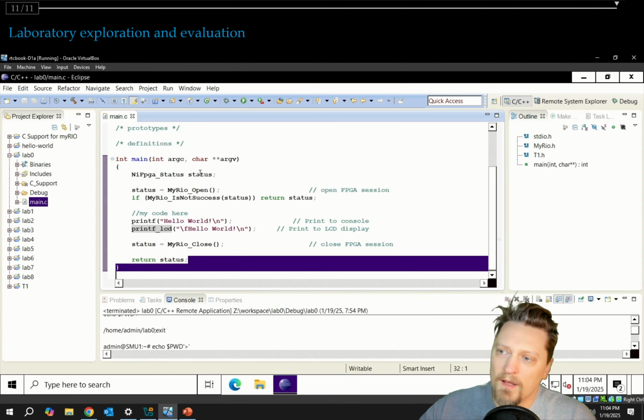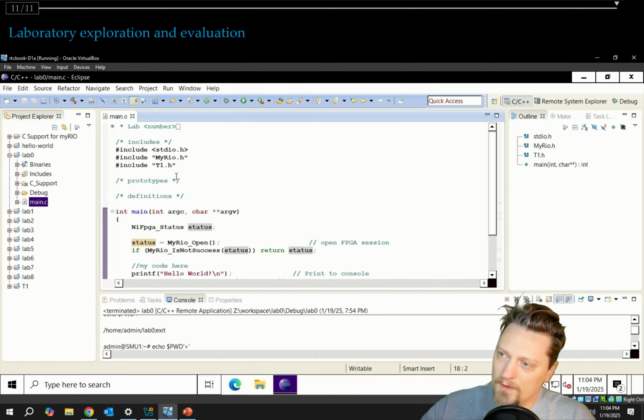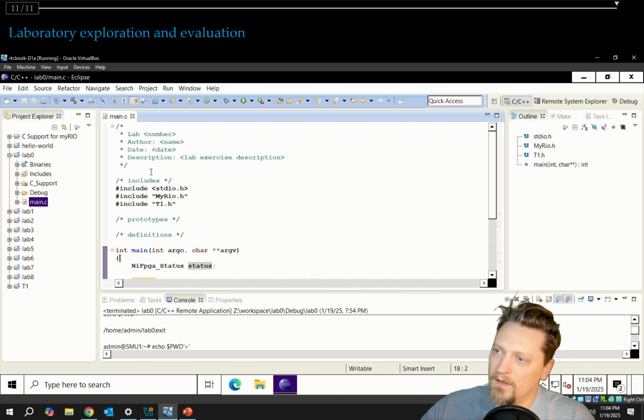So this is how all of the main.c files in these lab directories, these lab projects, are displayed. This is how they all look. They start with the same exact code in them. So it's up to you to come in and edit this